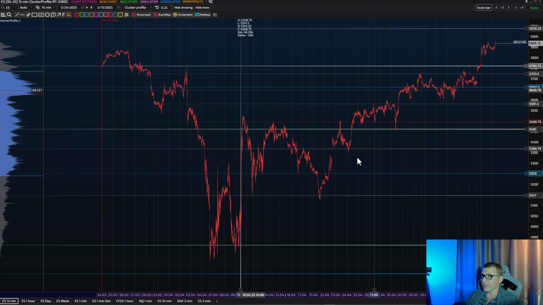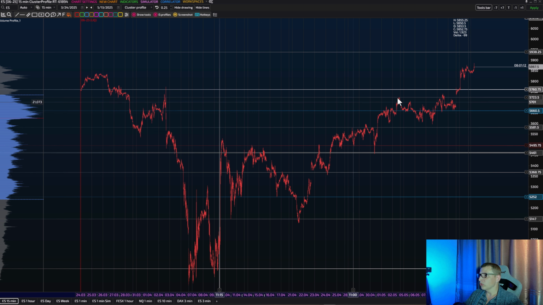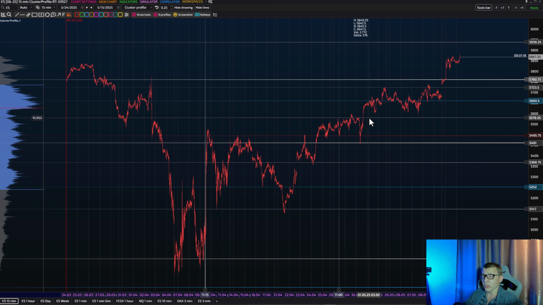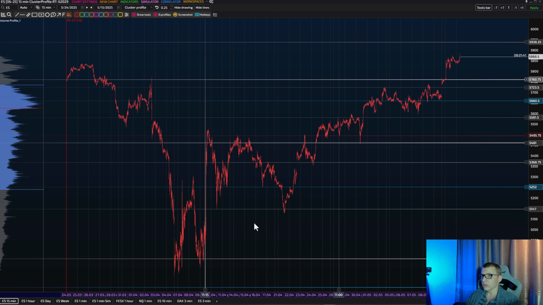All this thing here potentially could have become a balance, but it never happened. It turned to a volatility. And the task here is to reposition this level, 57.60. The task itself is not easy, taking into account that on the daily time frame, on the daily auction, we have a seller's responsive activity, which is not repositioned yet. The task is difficult. Just take a look at this volume here and the reaction. All right? So the task itself is not easy.